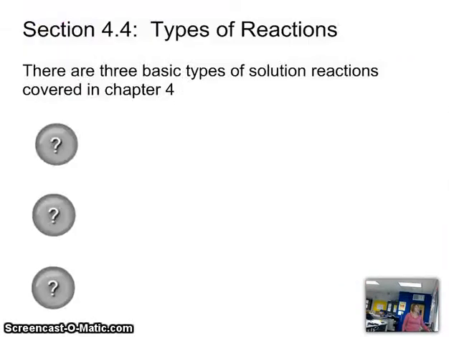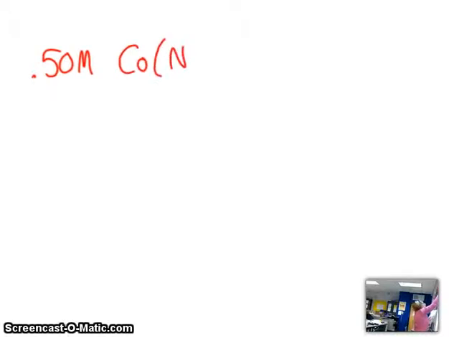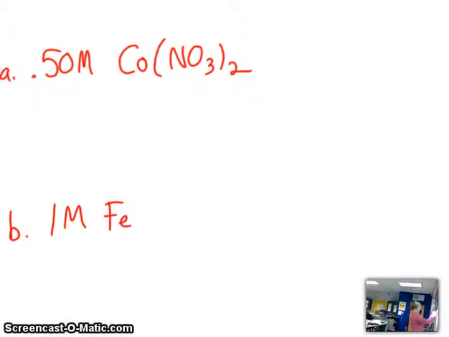I think we have some other practice problems here. I don't see them there, so we'll do them together here. If we flip the page, I believe you have practice problem number 2 on the back. It says, give the concentration and type of each ion in the following solutions. And you have 0.50 molar Co(NO3)2. And for letter B, you have 1 molar Fe(ClO4)3. Okay. So we have to think about, if they want the concentration and type of each ion, what this